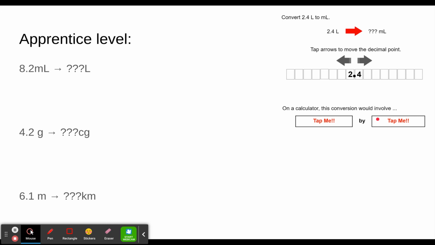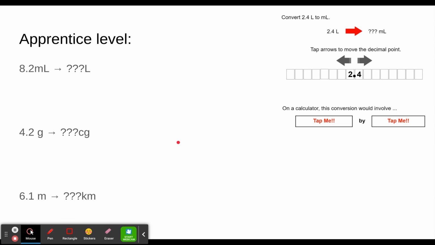Okay, so the apprentice level has units with a prefix changing into the base unit or the base unit changing into something with prefixes. So the first way I'm going to show you how to do this, I believe, is the clearest mathematical approach to help you understand what's going on mathematically. The next one is, you could say, a shortcut. It helps you get there quicker without necessarily going through all that